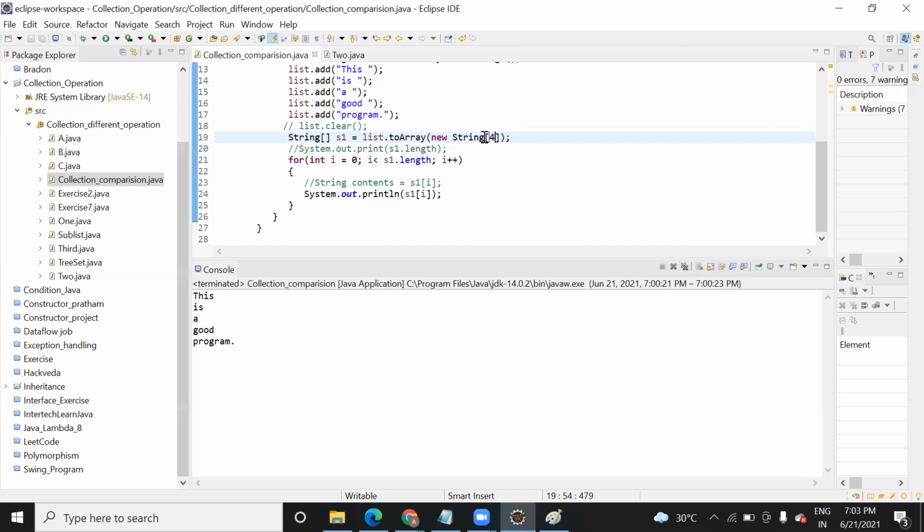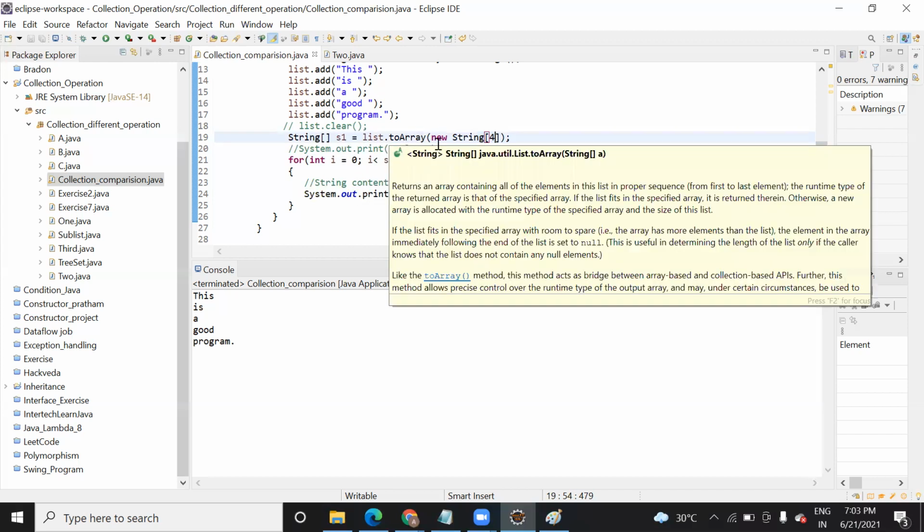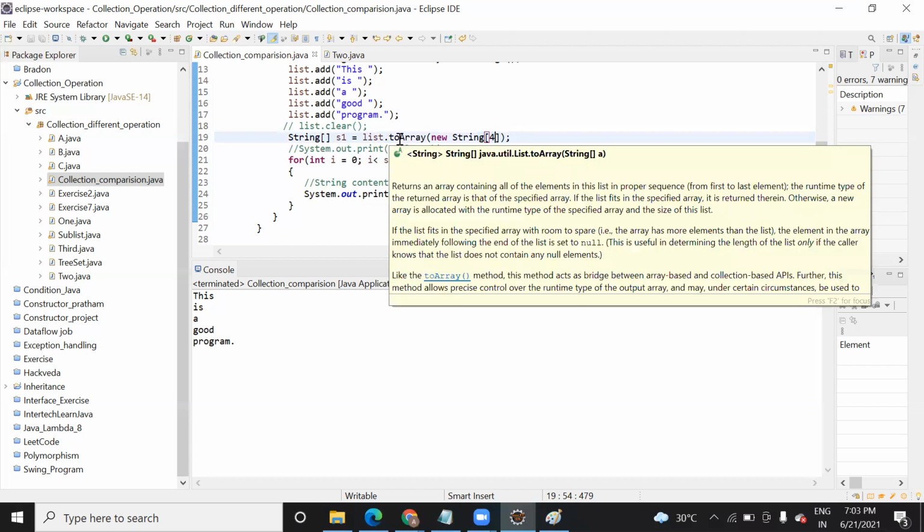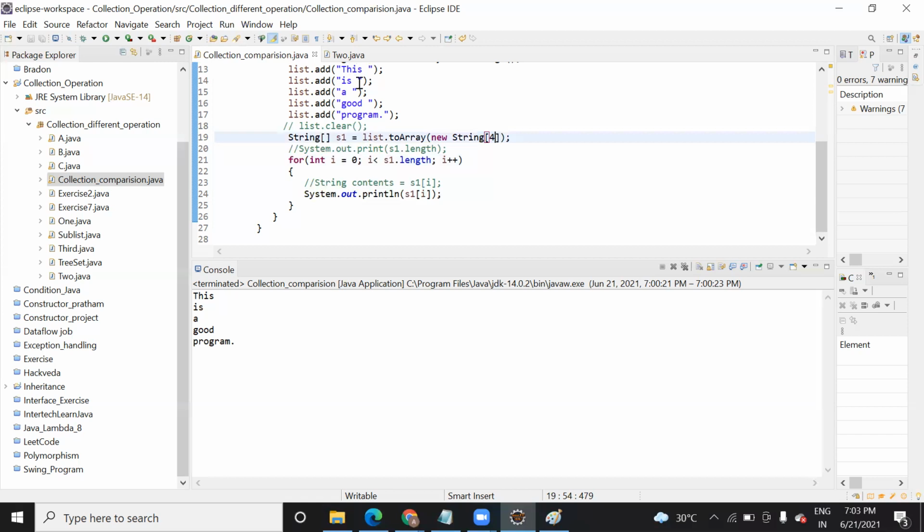The reason I pass 0 there is because the first element will get a space. Ultimately, this code is converting this list to the array. So it accepts the value from the string, the value at index 0, index 1, index 2, index 3, index 4, like that.